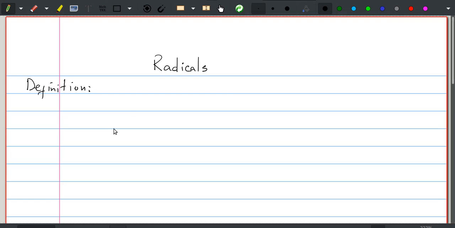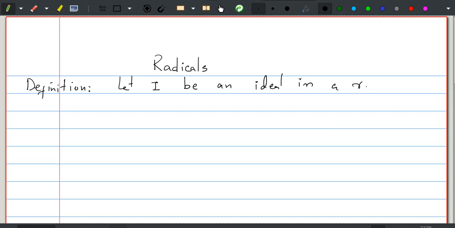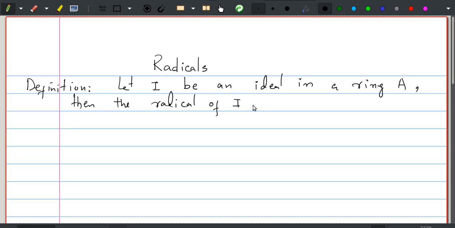So let I be an ideal in a ring A. So A is over a ring which is commutative with identity element. So then the radical of I, denoted by R of I, is defined as